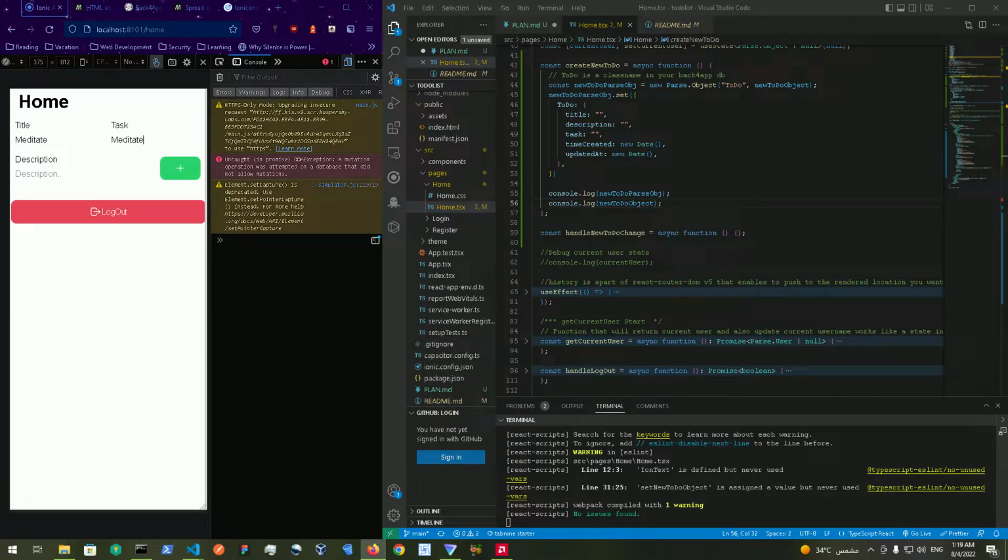Task is meditate, meditate today, for example. Description is meditate for 3 minutes outdoors, for example. Okay, and if we click the button right now,